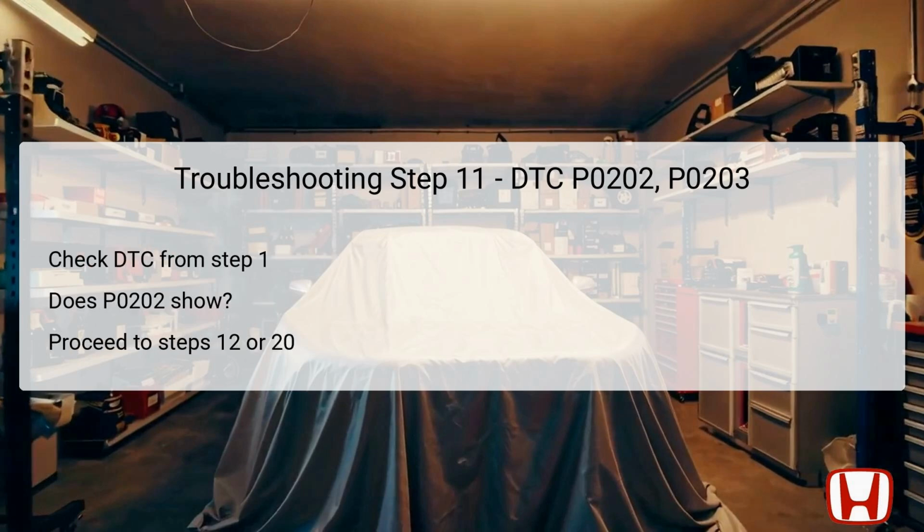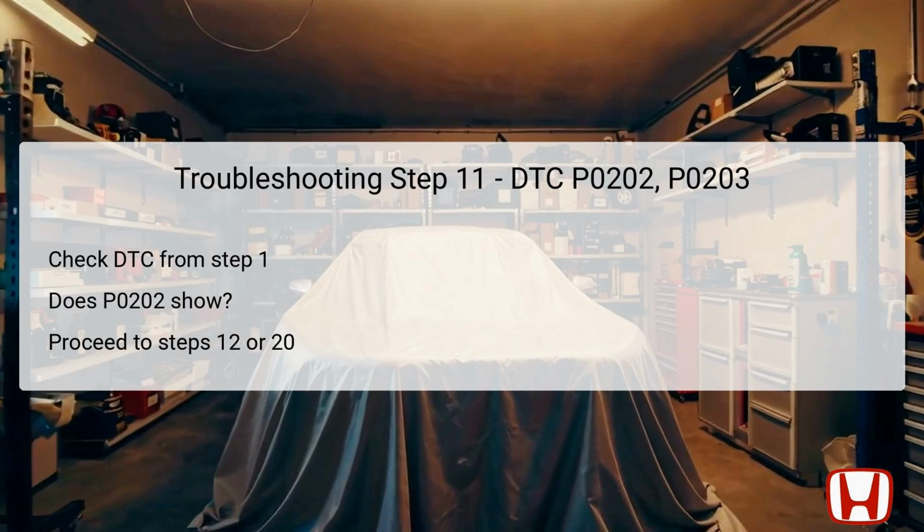At this point, in the 11th step, you will revisit the initial DTC from step 1 to see if P0202 is still present. This is crucial, as it helps discern whether the issue is solely with the number 2 injector. If the DTC P0202 is indicated, you'll proceed to step 12 for further inspection. If it does not show, you will move on to step 20, which may investigate other related issues not directly tied to the number 2 cylinder injector. This step is part of the flowchart approach in troubleshooting, ensuring that you methodically address each potential error before moving